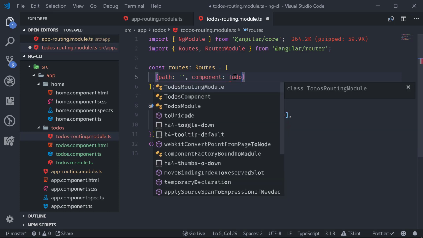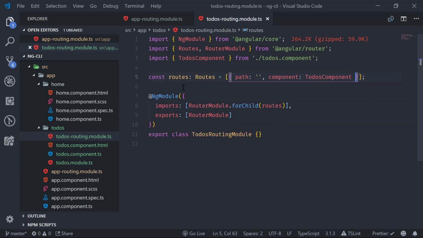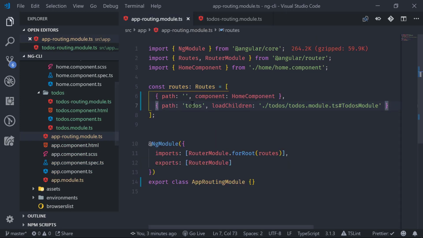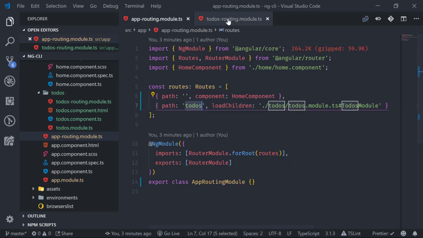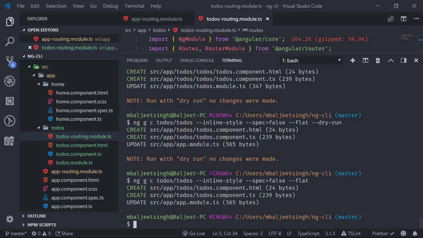So I want to add todos component. So now if you see, we are not adding anything here. This is because we have already added that path in the todos. So if I save it, and if I actually run this command, and let's run ng serve,